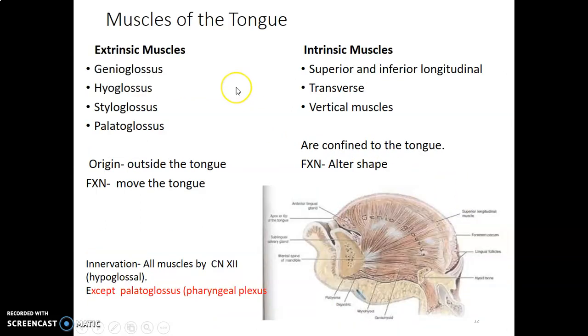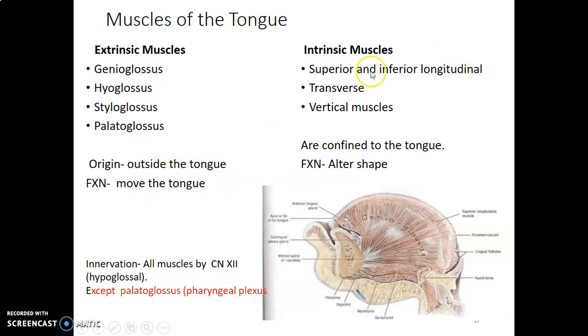So we have different muscles of the tongue. This is sort of gross anatomy. The tongue has extrinsic muscles that come from the bones around. So genioglossus from the genu of the mandible to the tongue, hyoglossus from the hyoid, styloglossus from the styloid, and palatoglossus from the palate. They originate outside the tongue, and their main function is to move